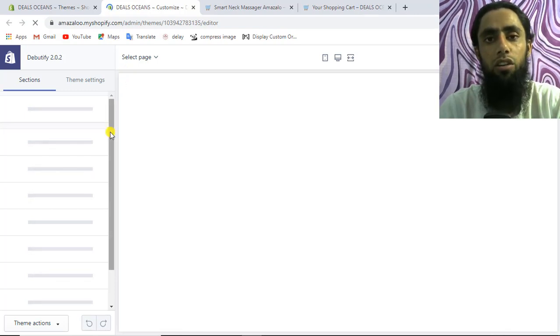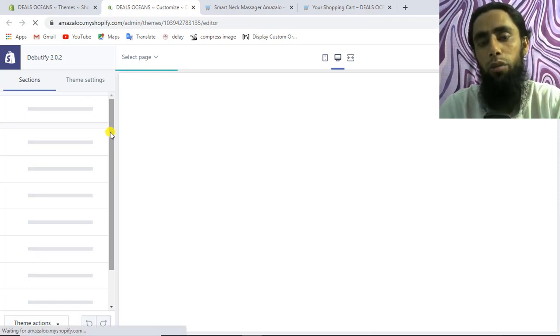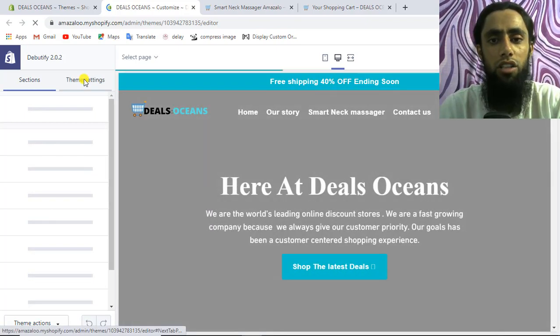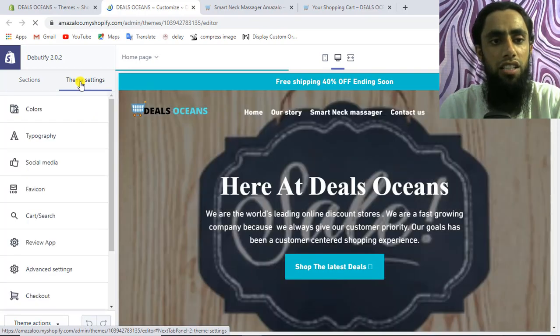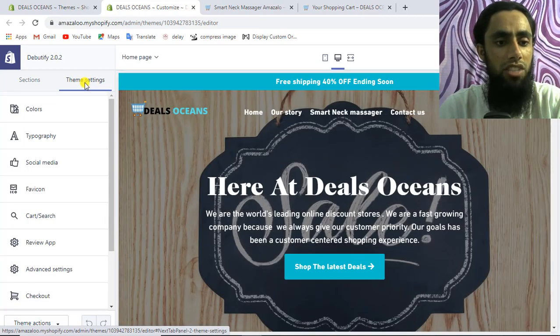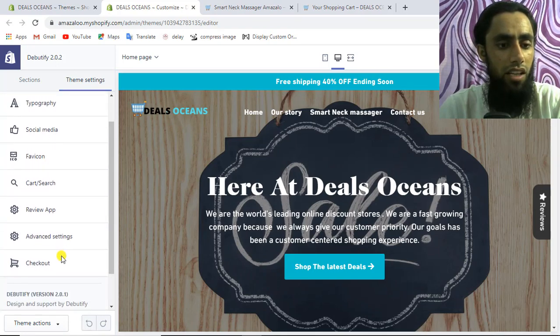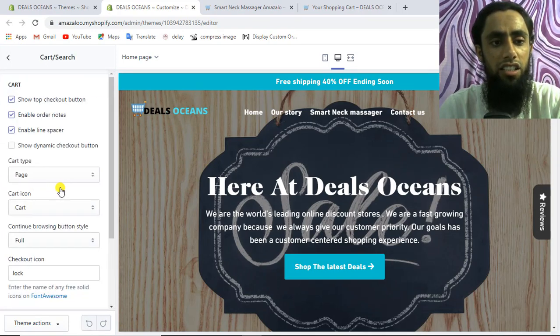Once you click on any specific button, you get a sidebar which hovers over your page, and you get only the checkout button. We no longer need the checkout button for now, right? So let me show you. This is the customization phase, and I am going to click on theme settings. Over here we have cart/search.